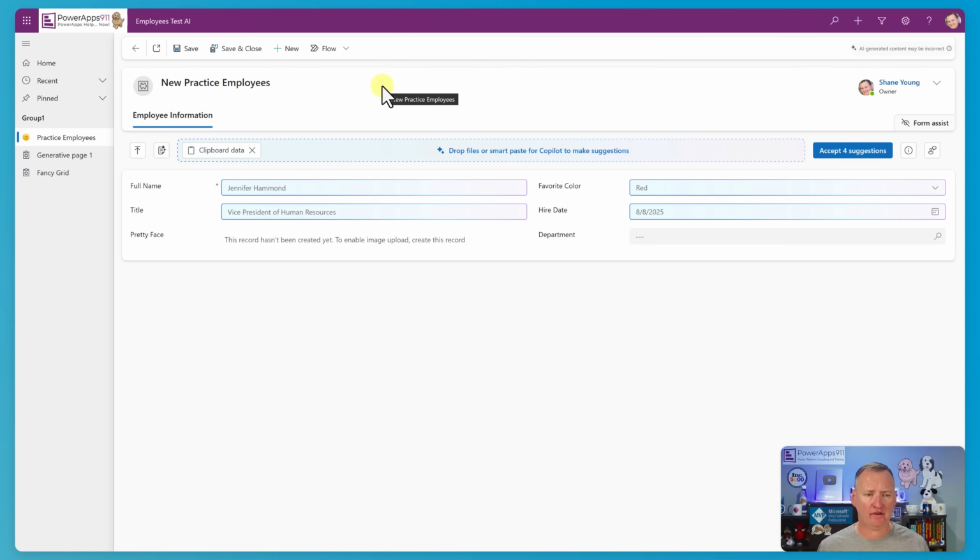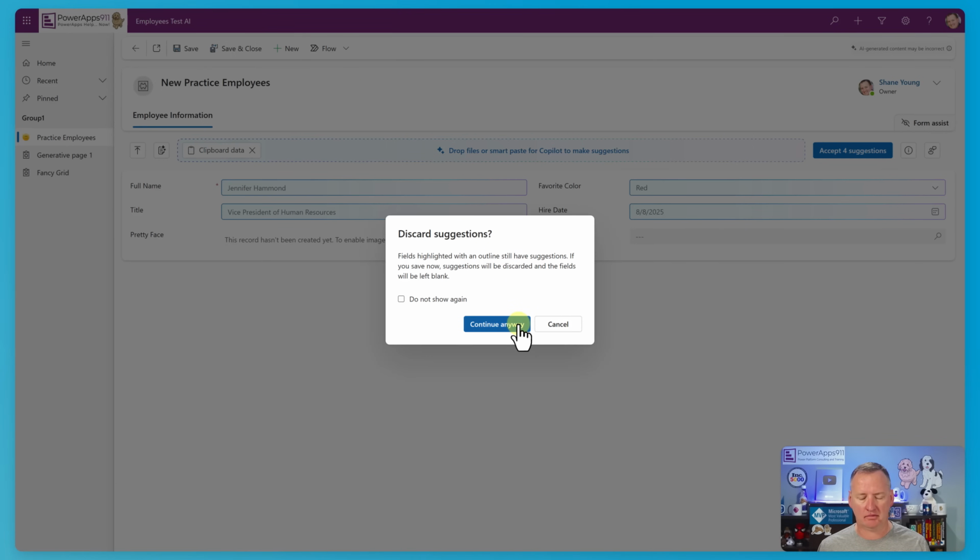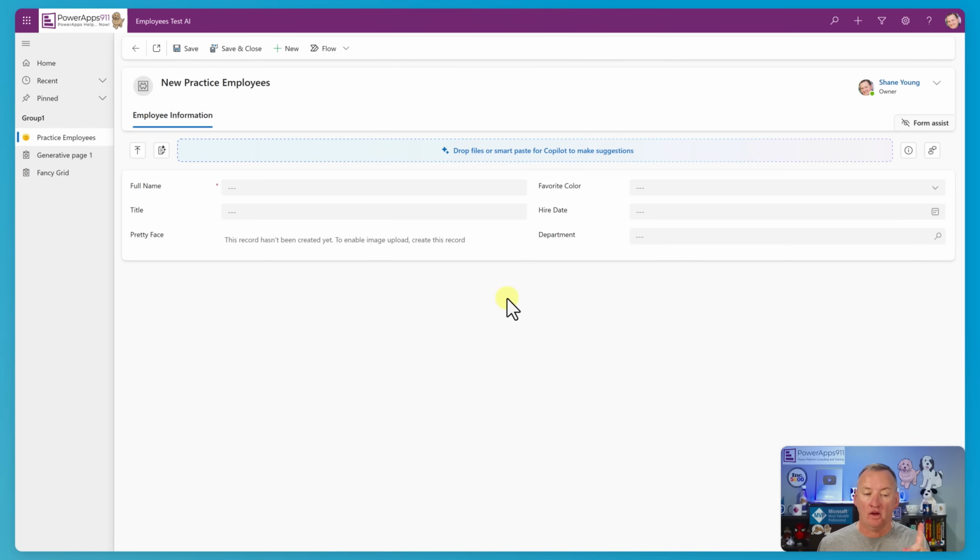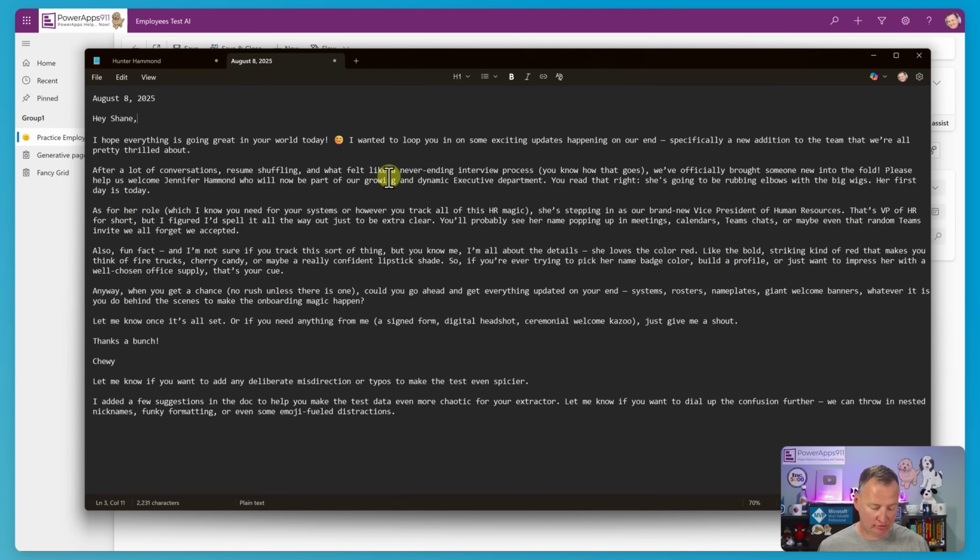You want to see a little bit different? Let's just do another new, continue anyway. So far we've just kind of pasted text in. You can use files. What I did earlier today, I didn't think it would work, but it works. Watch this. Switch back over. I'm going to use my snipping tool,